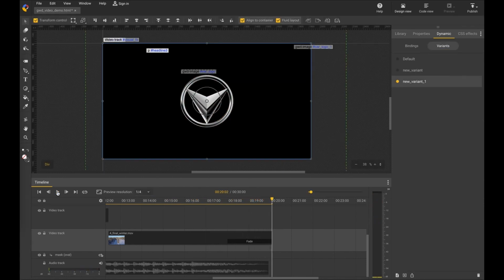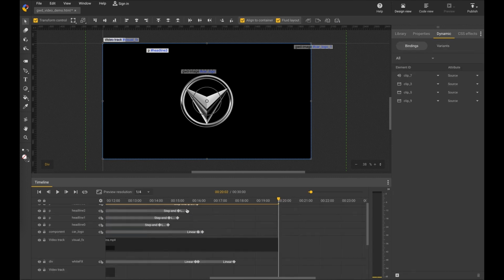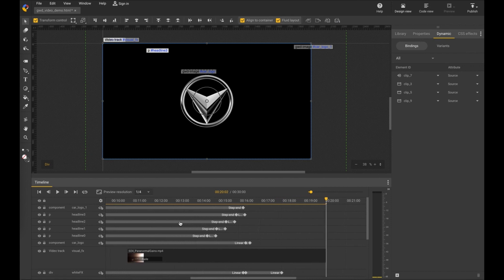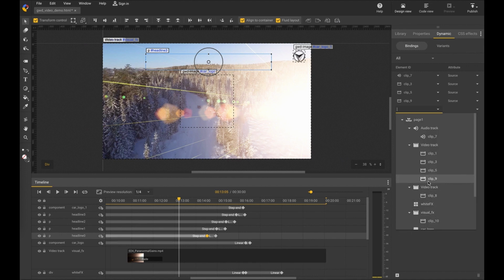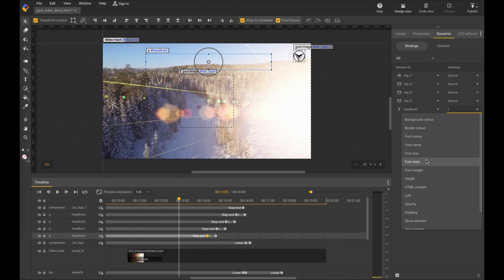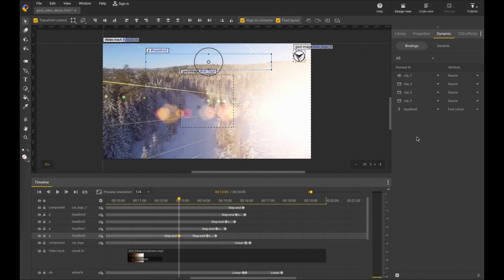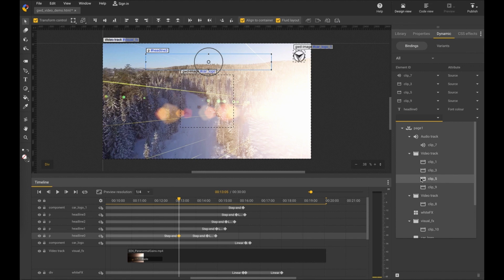But of course, we cannot only replace the videos. We can do all the dynamic stuff that we already know from banner advertising, data-driven advertising, and so on. Same here. So what we want to do is, maybe you could see that the black fonts and the position might be perfect in one of the versions. So we can change, for example, the font color here. But you can see we can also change the text, the content, height, everything. It's nearly everything related here.